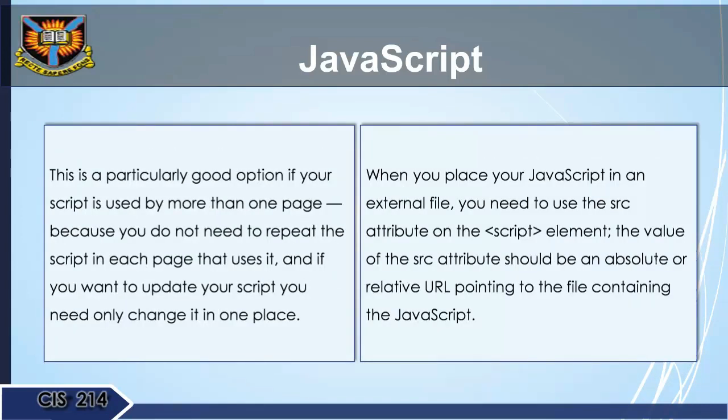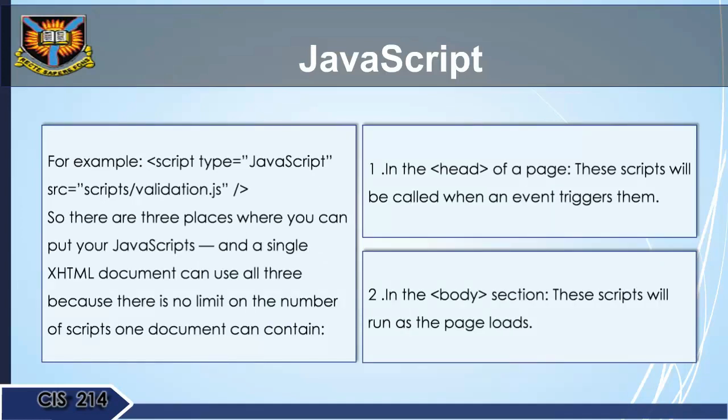This is a particularly good option if your script is used by more than one page because you do not need to repeat the script in each page that uses it, and if you want to update your script, you need only change it in one place. When you place your JavaScript in an external file, you need to use the src attribute on the script element. The value of the src attribute should be an absolute or relative URL pointing to the file containing the JavaScript. For example, script type is equal to JavaScript src is equal to script